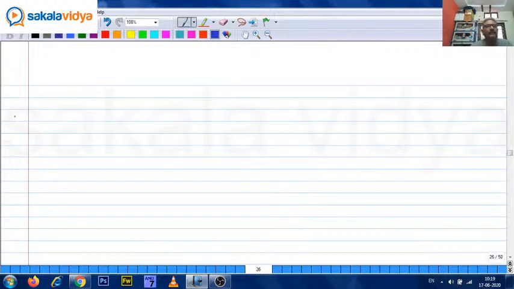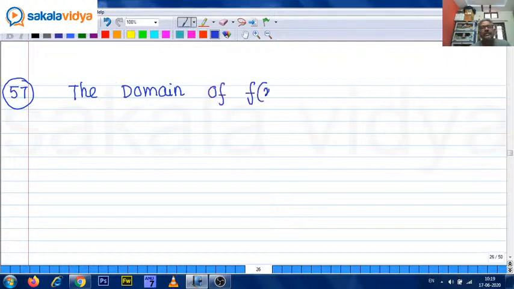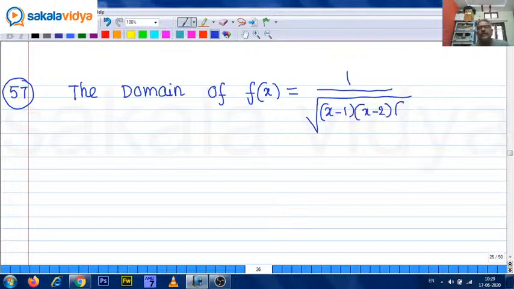57th question. The domain of f of x equals 1 upon root of (x minus 1)(x minus 2)(x minus 3) is